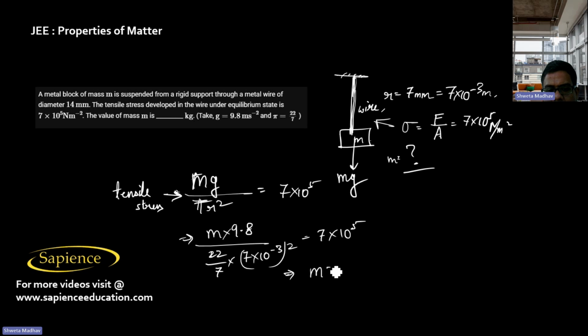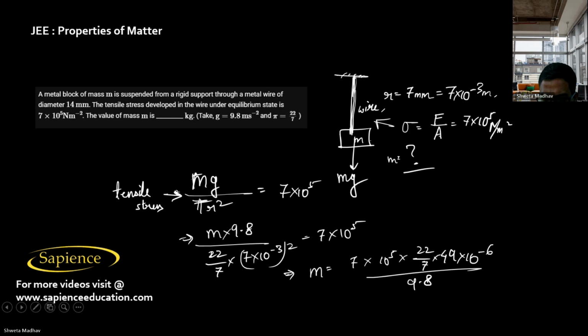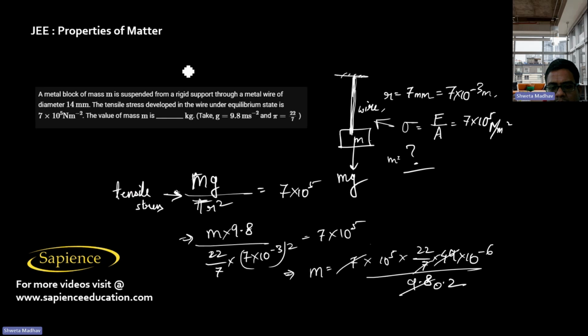Now therefore m will be equal to 7 into 10 power 5 into 22 by 7 into 49 into 10 power minus 6 divided by 9.8. So this will be, 7 and 7 will cancel out. Then 49 2s are 98, so 0.2. So this is 2 by 10. Therefore, m is 22 into 10 power 5 minus 6